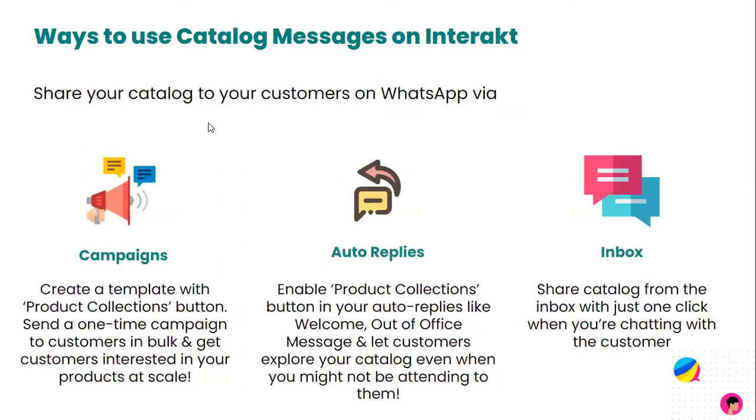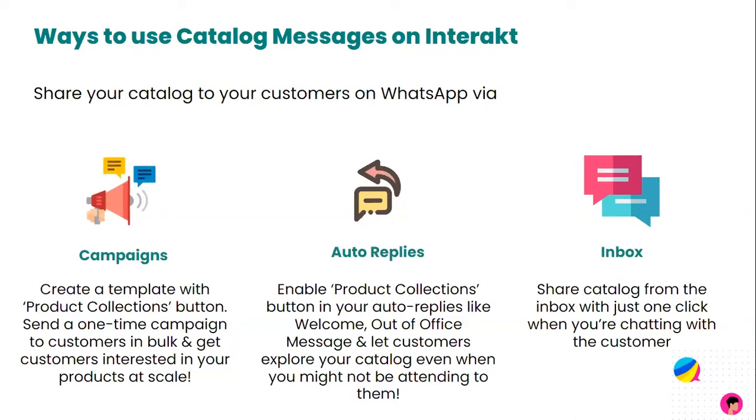Now, ways to use catalog messages on Interact. Let's say you've set up the catalog. Now, how do you use it? How do you promote it? There are primarily three ways you can promote your catalog to your customers: campaigns, auto replies, and inbox. Through campaigns, whenever you launch a broadcast, a one-time campaign, or a notification campaign,